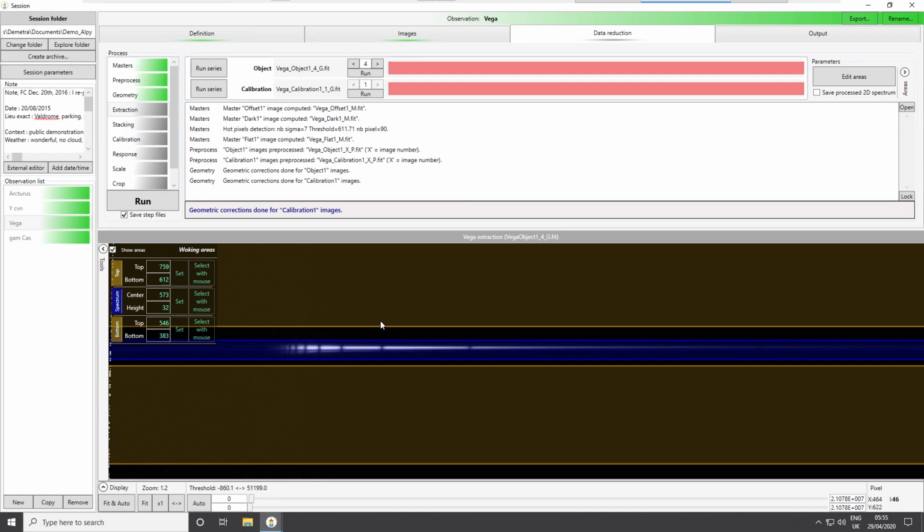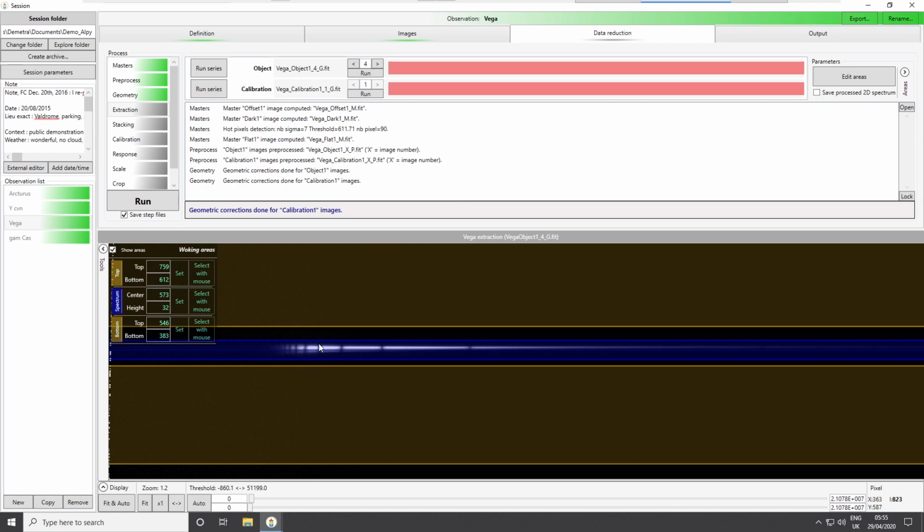To do that, this is quite simple. You just have to put the star always exactly at the same position in the slit. Okay, if from one image to the other the star moves along the slit, then the spectrum will move vertically, and in this case you will have to select this blue area in such a way that you catch all the images of your spectrum.